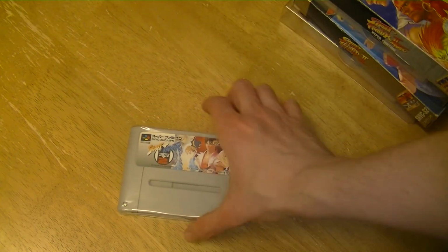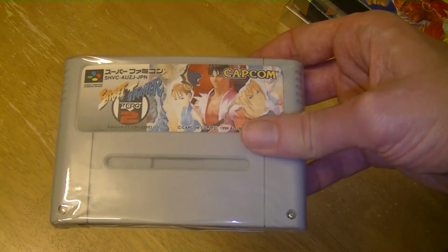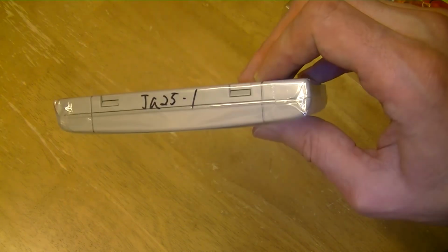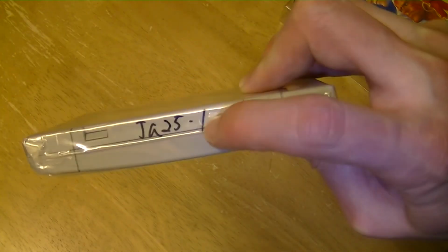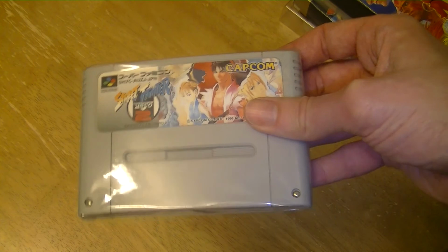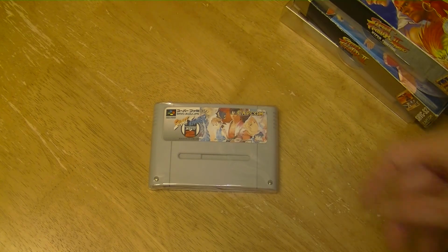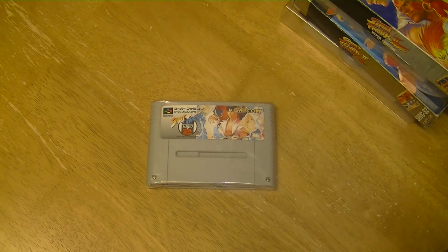Okay, so last but not least is Street Fighter 02. Now, you'll note with this copy, that's not my cartridge, that it's not a box version. Box versions are really expensive. I was going to just hold out and pick one up eventually, but I came across this really cheap, so I picked it up. It's still not cheap unboxed, but